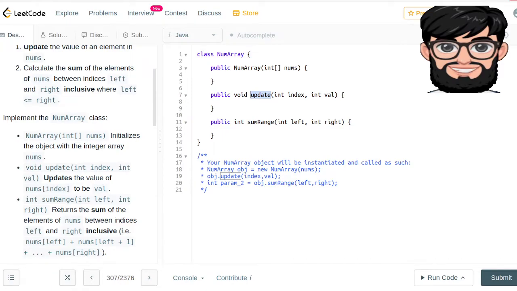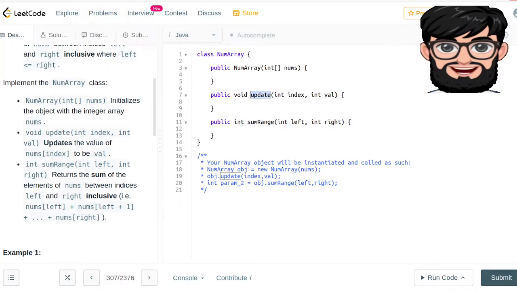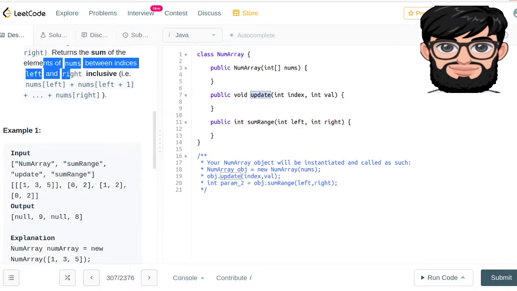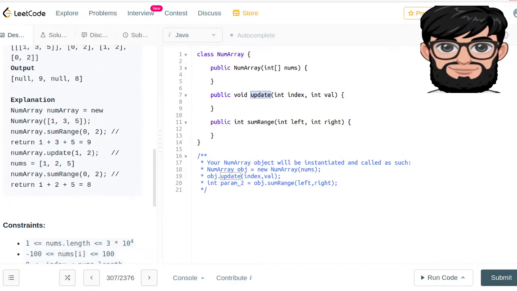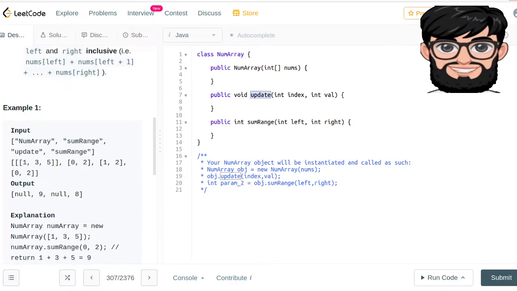So basically it initializes the object with the integer array nums. The update updates the value of nums of index to be value, and the sum range is just going to return the sum of the elements of nums between the indices left and right inclusive. Okay, this is like a typical example, or the perfect